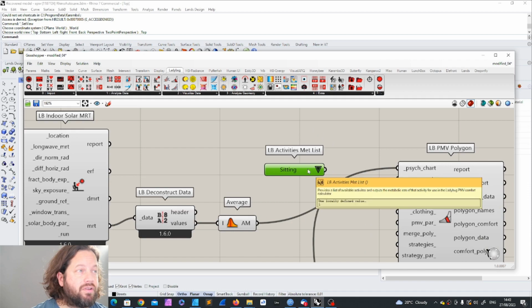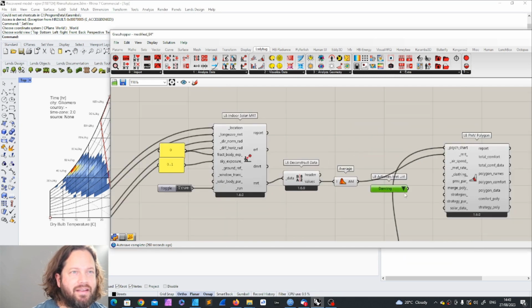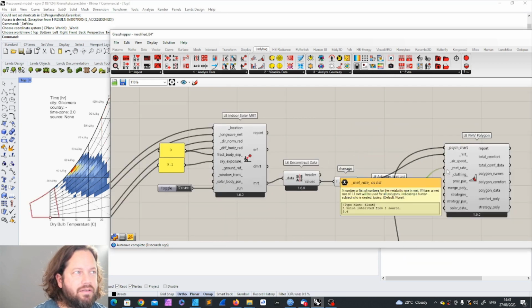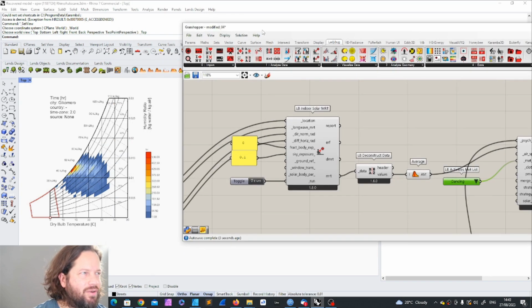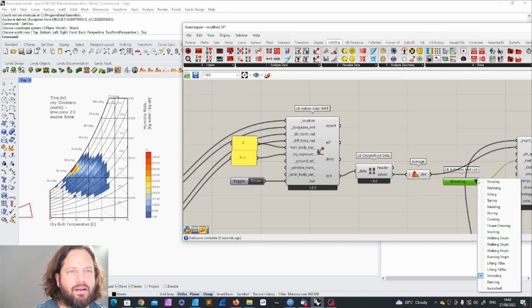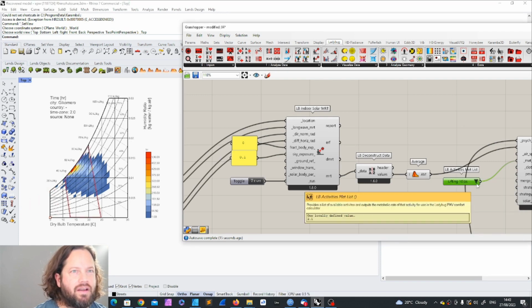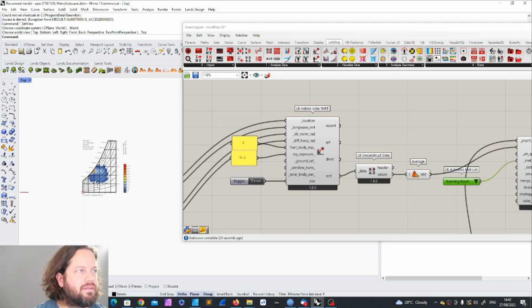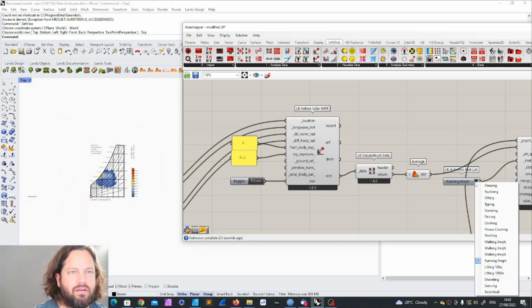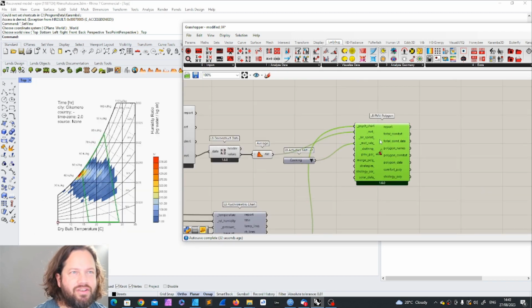So if you want to test different scenarios, sitting, cooking, house cleaning, strolling, walking, dancing, let's say dancing, and let's put this in here. Then, wow, that changed quite a lot. Completely on the different side of things. Lifting, okay. Running, oh, it's completely out here somewhere. Cooking, so if you cook the whole day